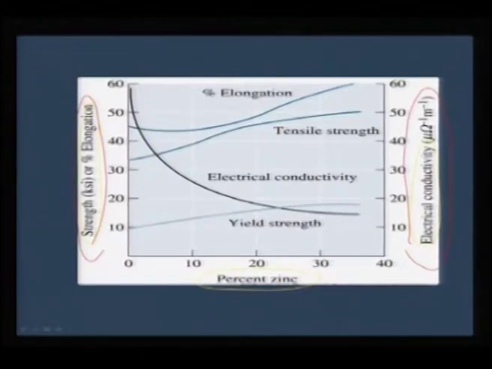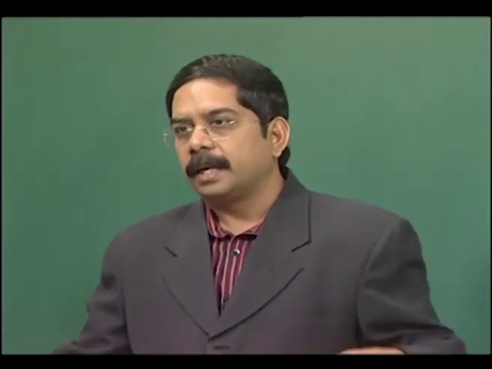So, if you take this view graph where percentage zinc is plotted against the physical properties, one would see that the elongation curve is increasing with increasing zinc percentage, so is the tensile strength, so is the yield strength, whereas if you look at the electrical resistivity for the solid solution, it is exponentially decreasing. So, the solid solution does not necessarily have to aid all the physical properties, it can influence one while losing on the other,